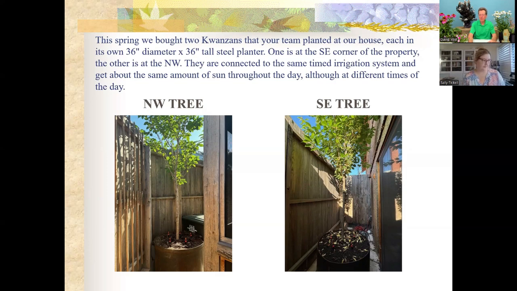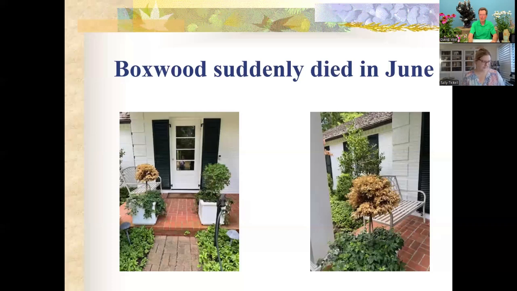So same tree, same conditions, but this tree, they're just going to have to increase the watering. I'm going to say increase the duration. I don't know how long their irrigation runs, but let's pretend it's going for 20 minutes every third day or every second day. I'm going to say, hey, let's try letting it run for 30 minutes instead of 20 or something like that. Again, I don't know all the specifics, but it's a good example of how the environment will influence how your plants perform, even with some of the basics like watering.